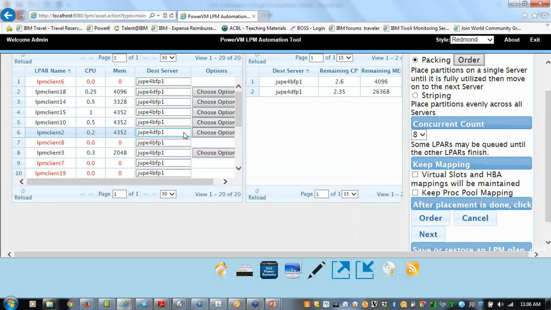Okay, let's talk about a couple other options here. We're doing pretty good on time. Concurrency count. How many LPARs can I move at once? Right now, the algorithm for concurrency is we have 3 servers here. We have a Thorad server and 2 Jupiters. They're not all equal because, as I mentioned earlier, concurrency count depends on HMC level, firmware level, and VIOS level.